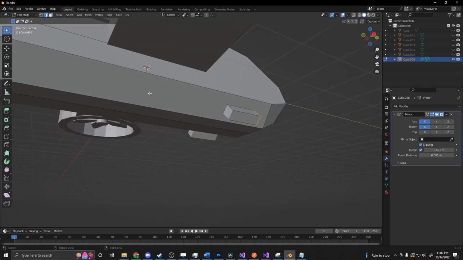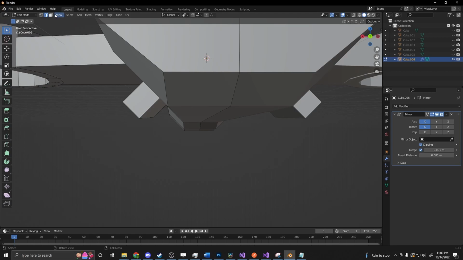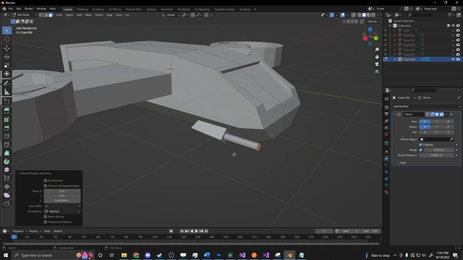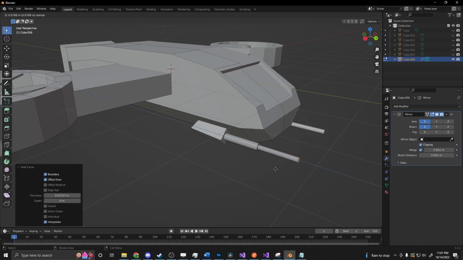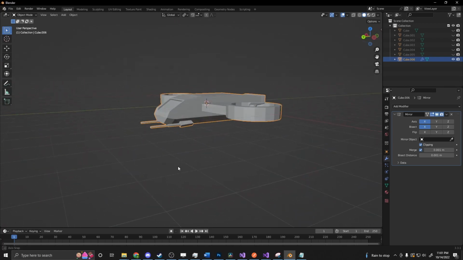Grab that back edge and bring it up a little bit. And maybe select the front. And we could use this for like mining attachments or guns or whatever. And set that just a little bit. There we go. We have a very basic